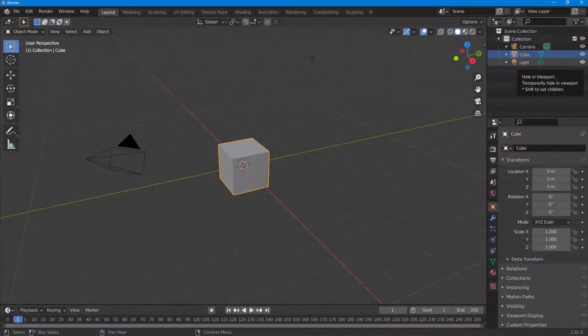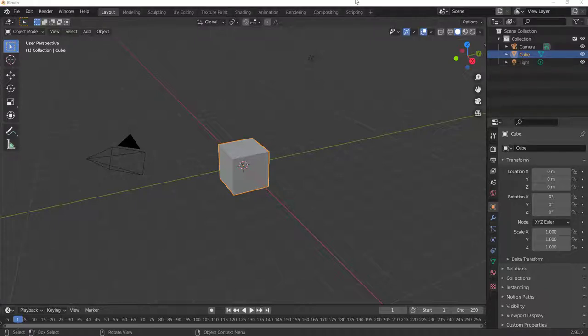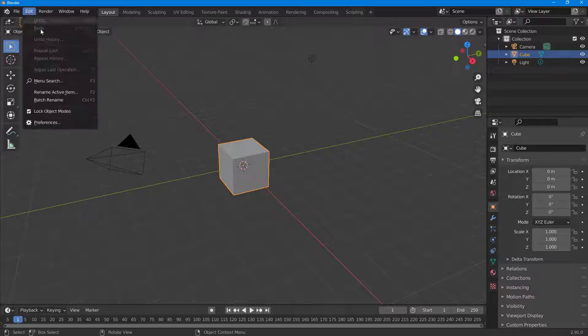So by default in Blender, you have a theme. So you may want to work around with a different theme right here. You may be used to something else, especially if you're using another 3D software, then you might prefer a certain look. So in order to change the theme, you can go around into edit right here, and then you can